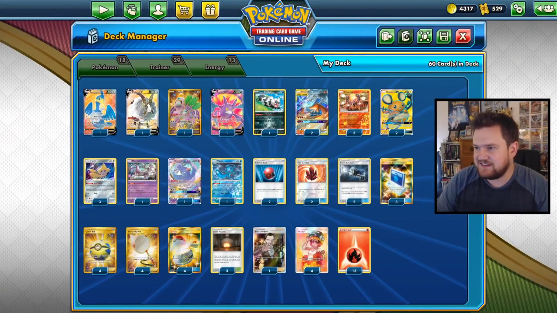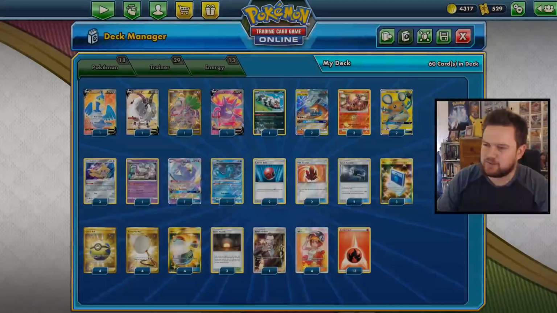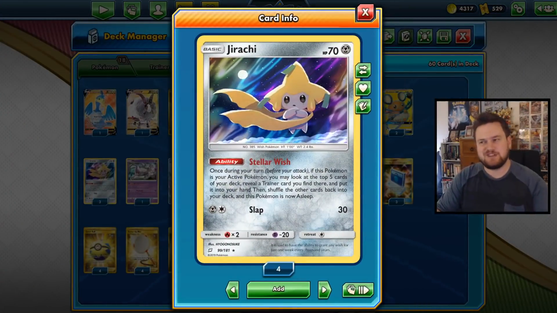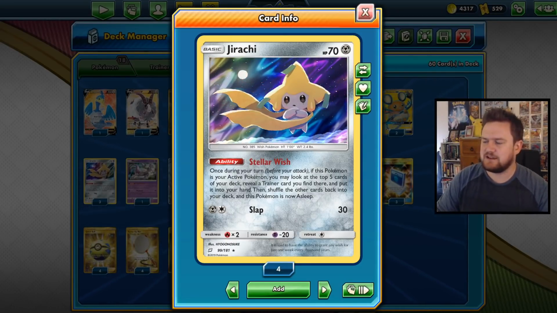There's a lot of consistency in the deck as well. We've obviously talked about Crobat. There's Oranguru. We've got 2 copies of Dedenne as well. Jirachi with Stellar Wish is in the list. You could choose to use the amazing rare one as well if you'd like, but Stellar Wish Jirachi tends to